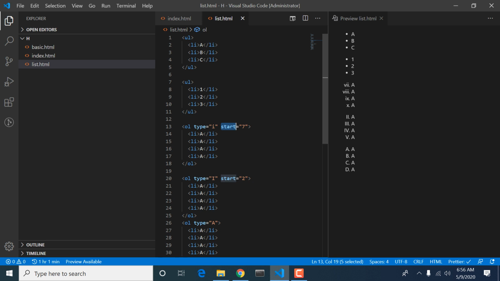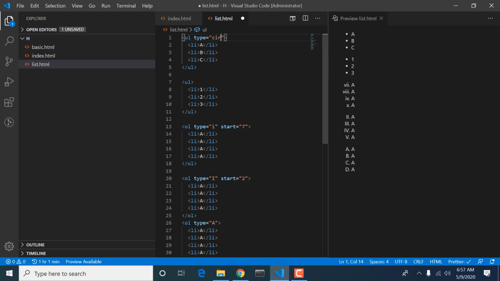Different elements have different properties, which you will come to know after practice. Later we will cover all these things. This whole course is hands-on, with no theoretical part. Also, unordered lists have some types.